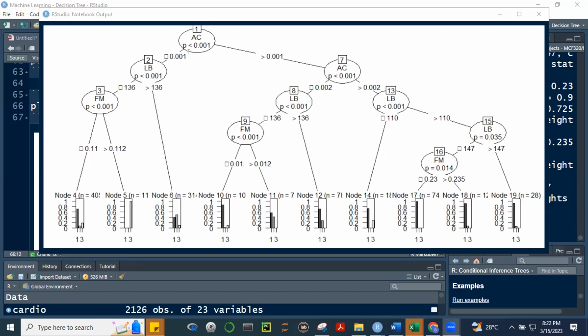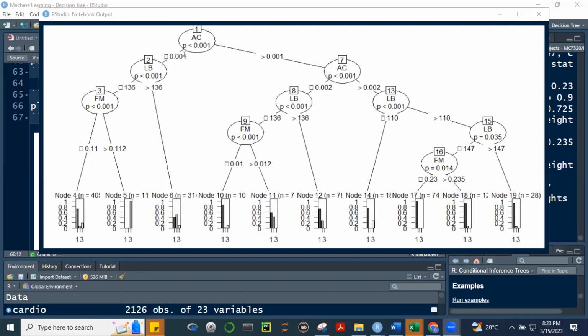Okay. If AC is less than 0.001, then titingnan si LB, no? Titingnan si LB. Naka-round off to, di ba? It's 0.008, di ba? So hindi naman niya ma-capture dito sa diagram yung actual na 4 decimal places. So naka-round off lang to dito.